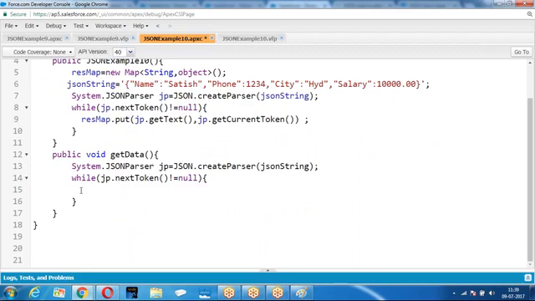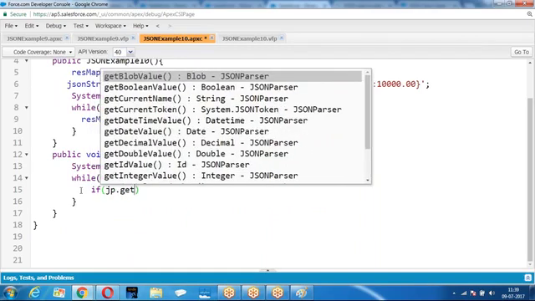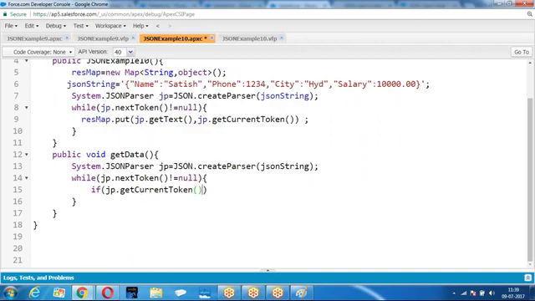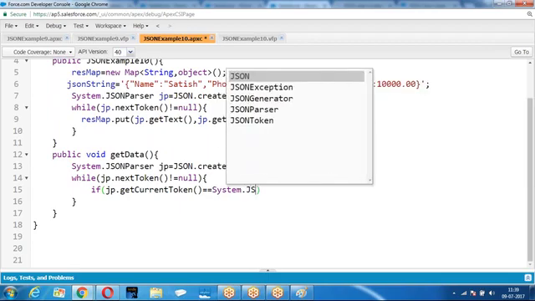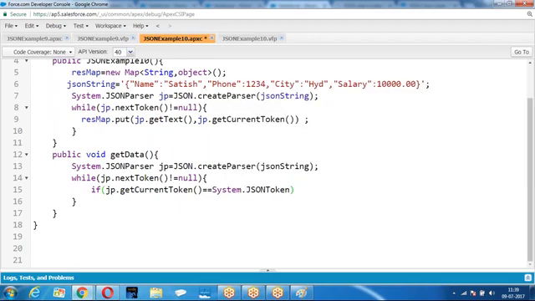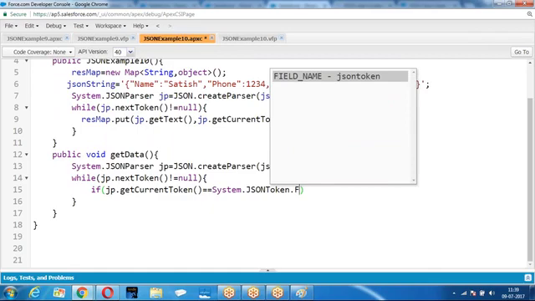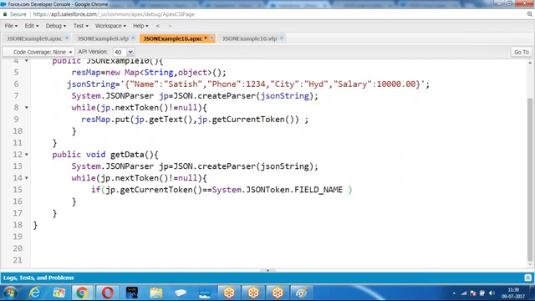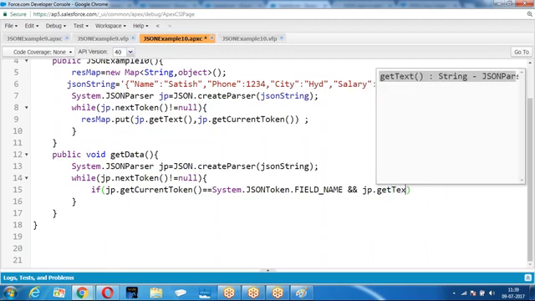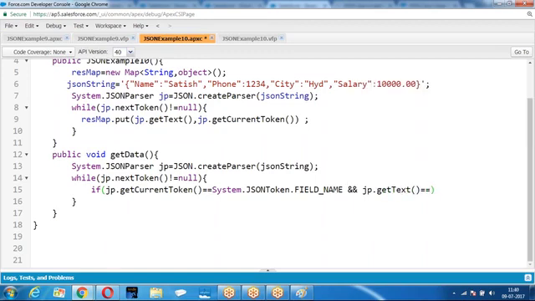Then I have if jp.getCurrentToken equal to System.JSONToken.FIELD_NAME and jp.getText equal to name.